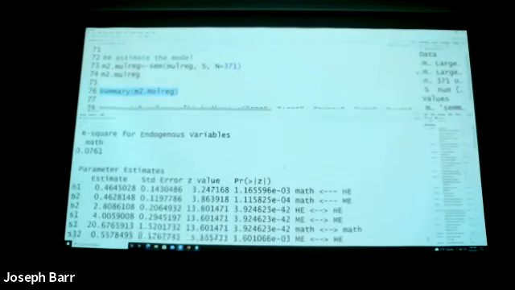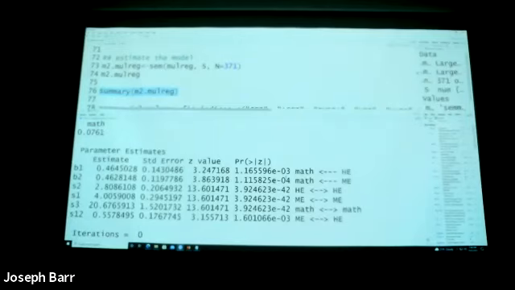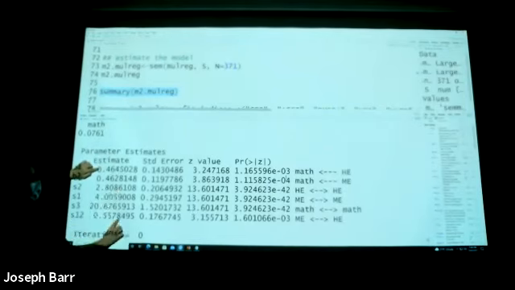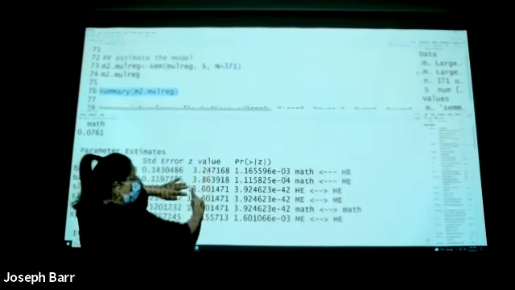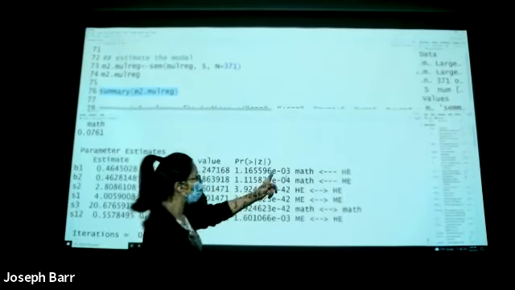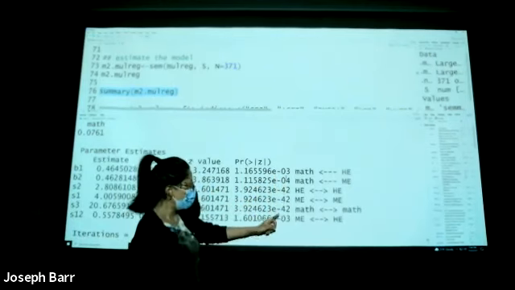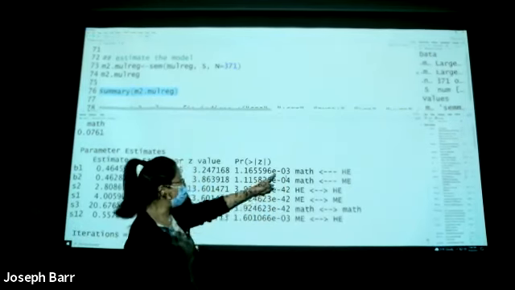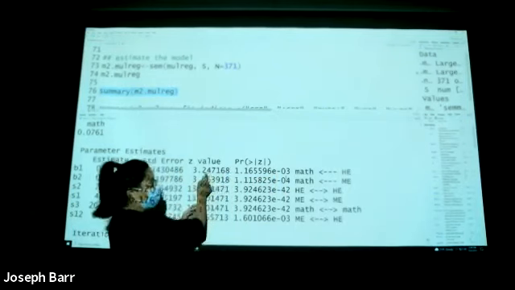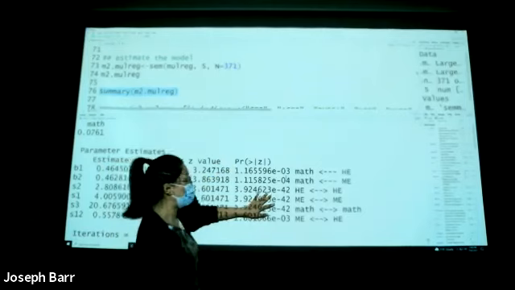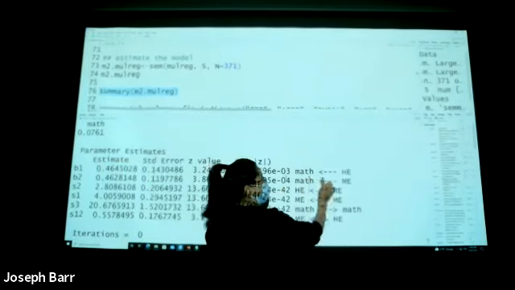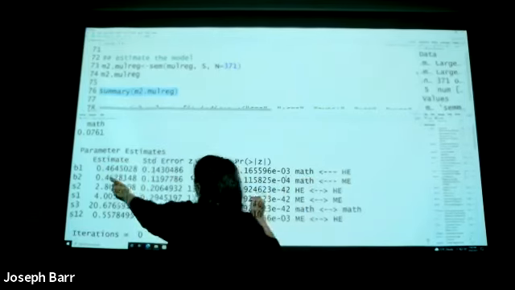And R square. Here, this table is very important: the parameter estimates B1, B2, S1, S2, S3, S12. Estimate, point estimate, standard error, Z value, and probability. Again, all of these are very small, because you have to move the decimal point 3 positions ahead to make this number tiny. And here, it tells you the meaning of each parameter.